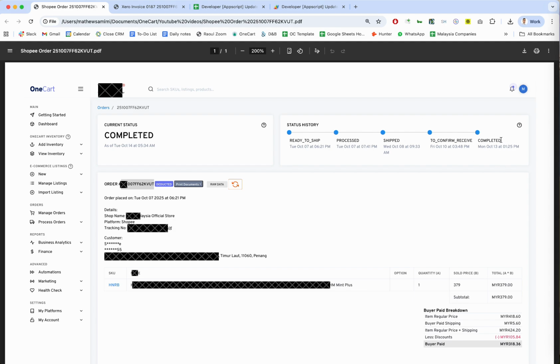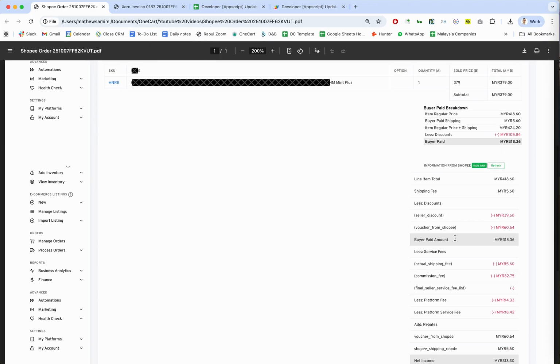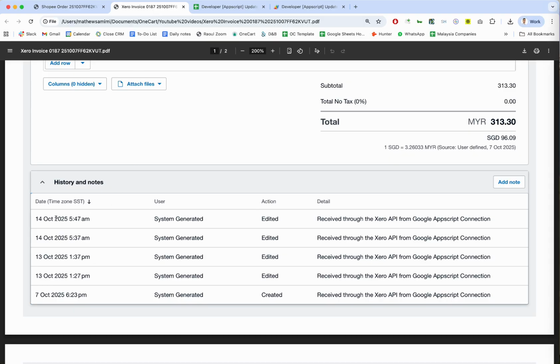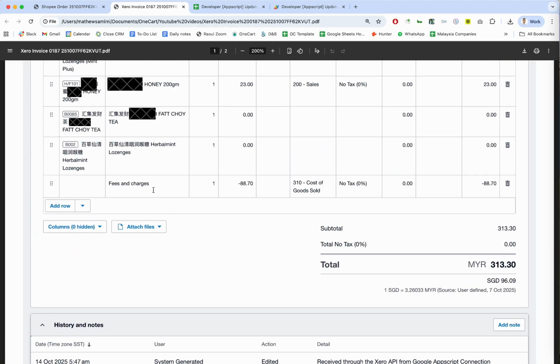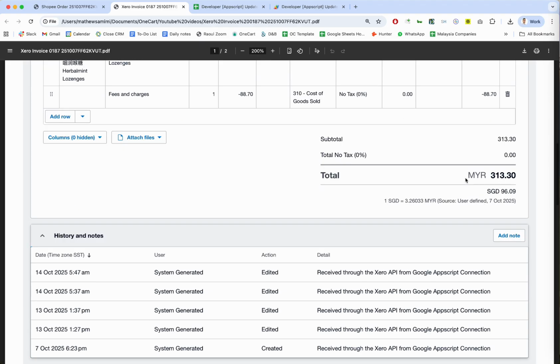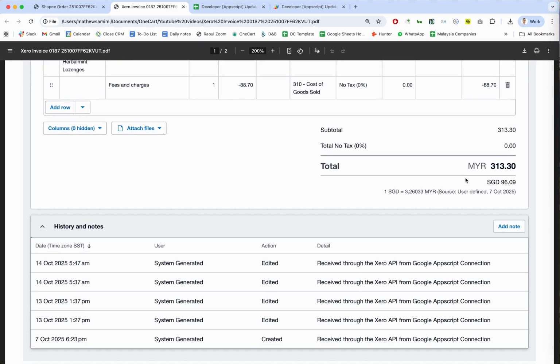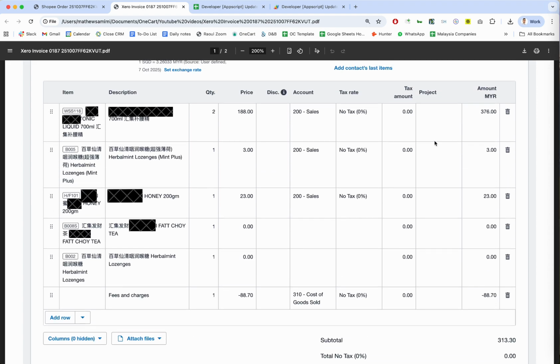Now the status was updated to completed, but the marketplace fees were not yet made available. Those marketplace fees were made available on October 14, so the next day, around 5:40 a.m. And so at 5:40 a.m., our integration automatically added this fees and charges line for 88.7. So this is real time, and it takes into account the latent marketplace commissions. So for you as the seller, once you've implemented our integration, and we're making the script available to all OneCart users in this little video,